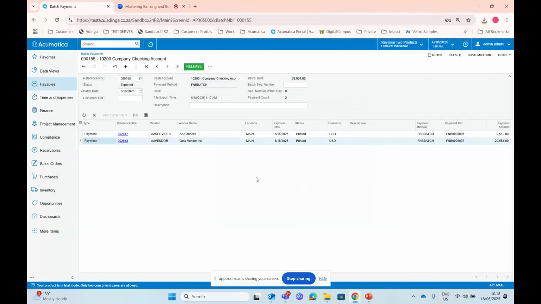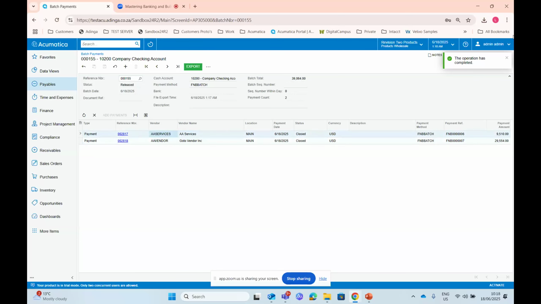After you've uploaded successfully, you can come back here and you need to release this. The reason we need to release this is that you can see it's in printed status, which means it's not on your vendor, it's not in your bank, and it's not in the GL. So we release it, so we post to the relevant modules. Okay, now it's closed status. What is nice about this whole process is that I've done payments and linked my invoices and I didn't have to do anything manually. I know it's a manual process to do the batch processing, but I didn't have to go into my checks and payments and load invoices. I could just do it like this.